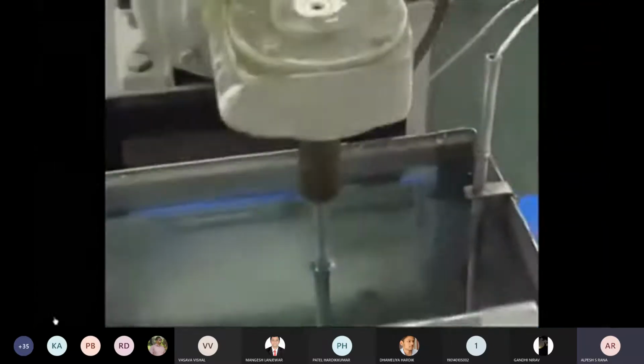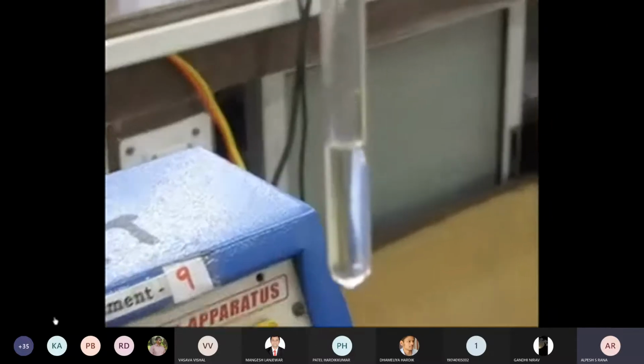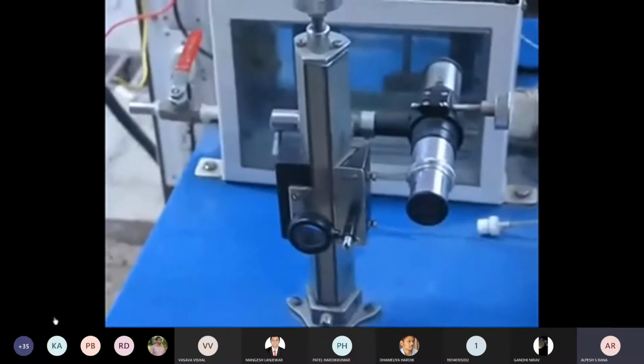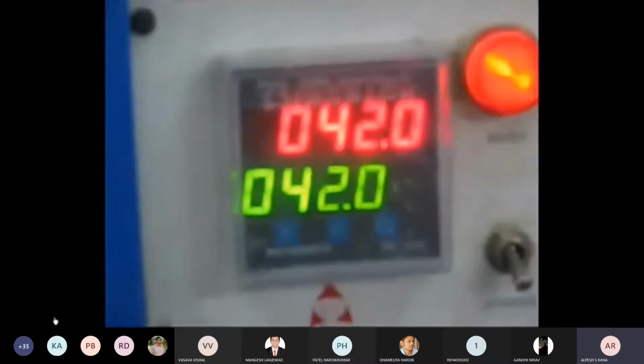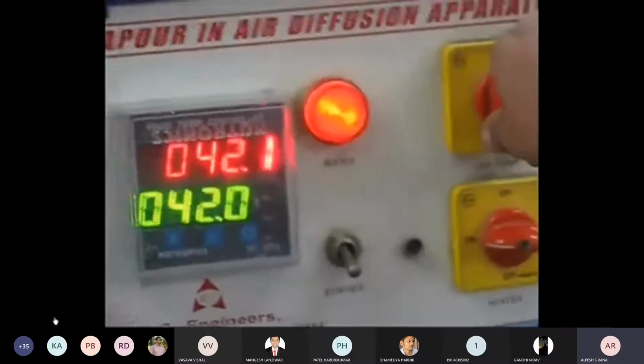Set the temperature in degrees Celsius, and then the stirrer so that the water bath attains 45 degrees Celsius. Now we take CCl4 in a test tube and switch on the air pump. This is the inlet for the air pump. Now when the set temperature is attained,